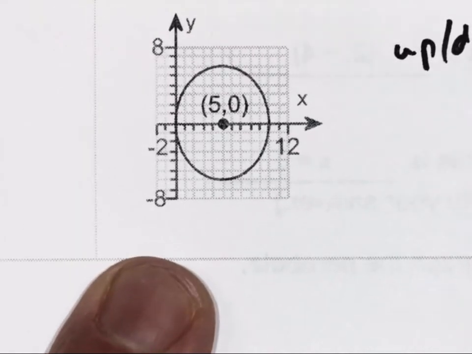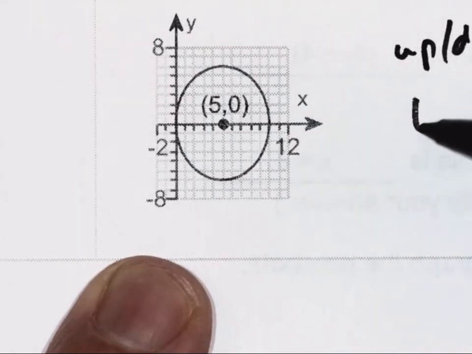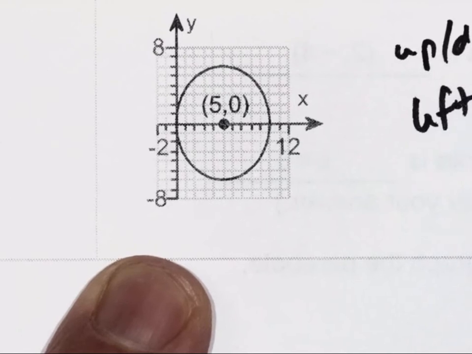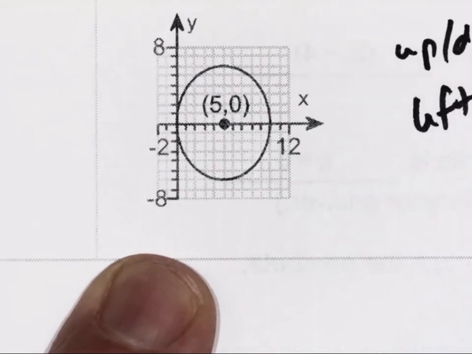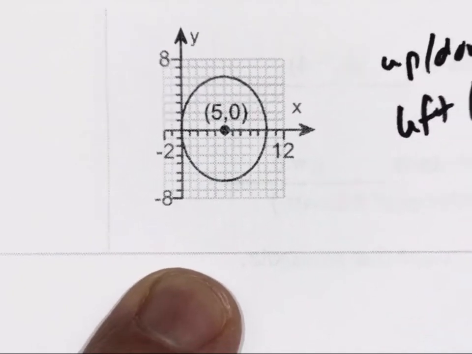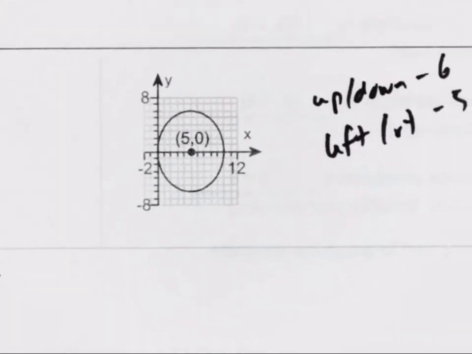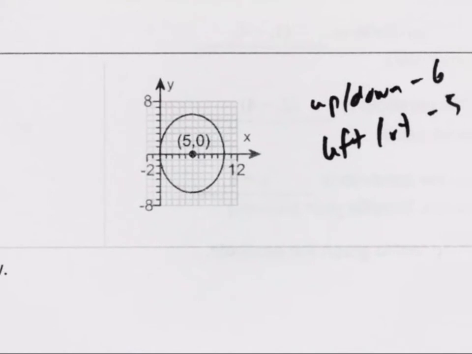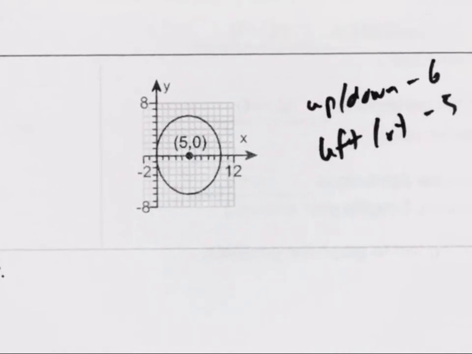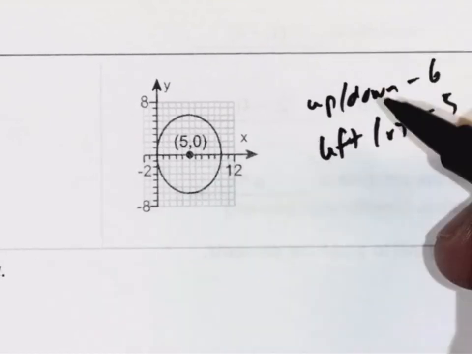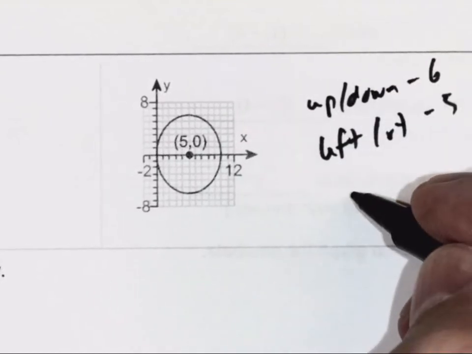And then left and right, looks like it's moving 5. So that's important because that determines which kind of equation we're going to use. The up and down is bigger, so that means the equation I use is